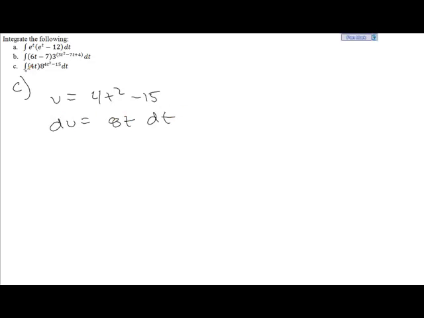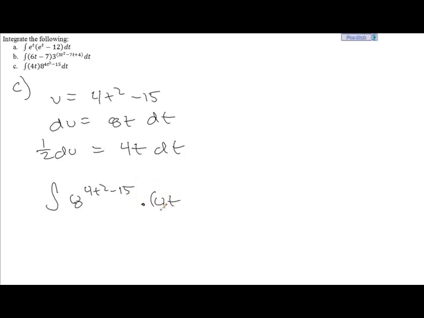Now there's only one problem. I need 4t, I have 8t. So what I'm going to have to do is multiply both sides of this equation by 1/2, so that 1/2 of 8 is 4. So anywhere I see a 4t dt, I'm going to replace it with 1/2 du. So I'm just going to rewrite this integral